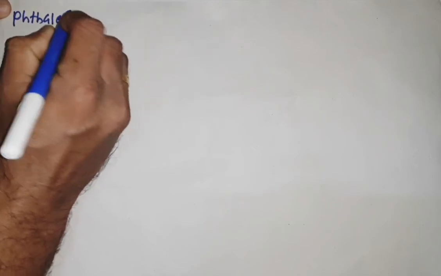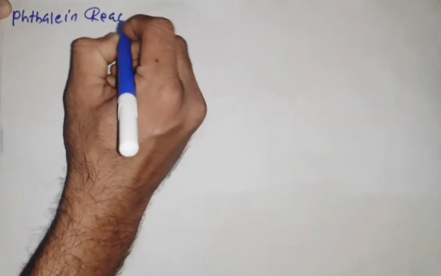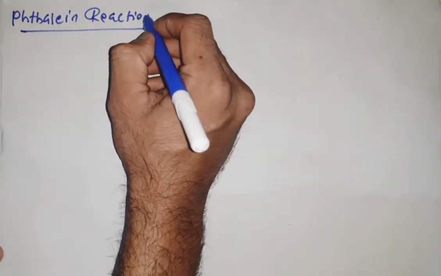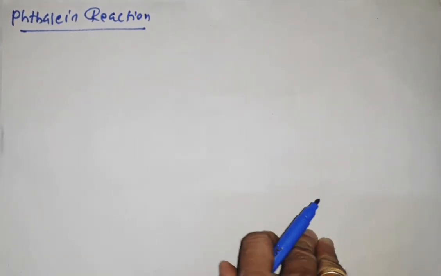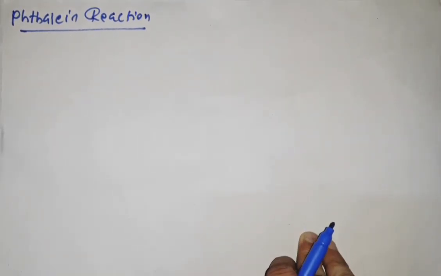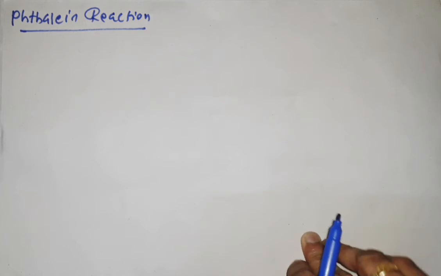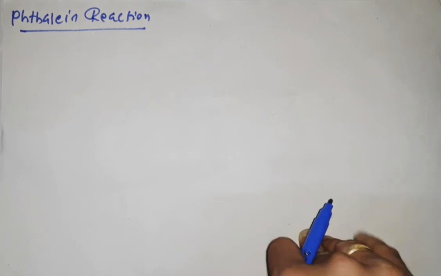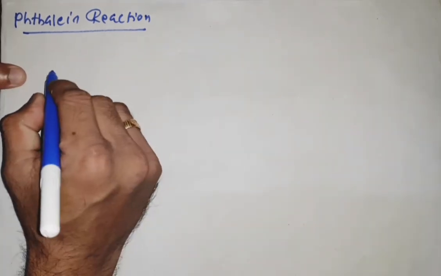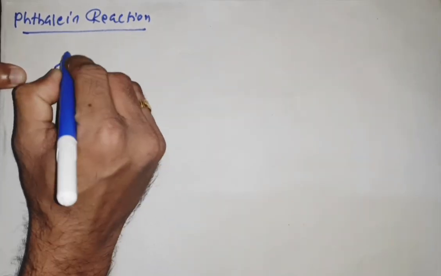Phthalein reaction. In this reaction, phenol is heated with phthalic anhydride in 2:1 ratio in the presence of concentrated sulfuric acid to form phenolphthalein. So here, 2 molecules of